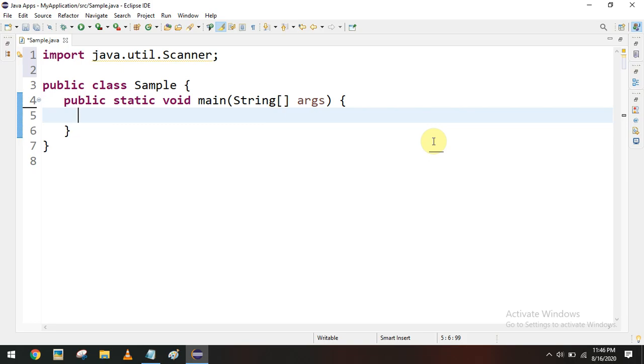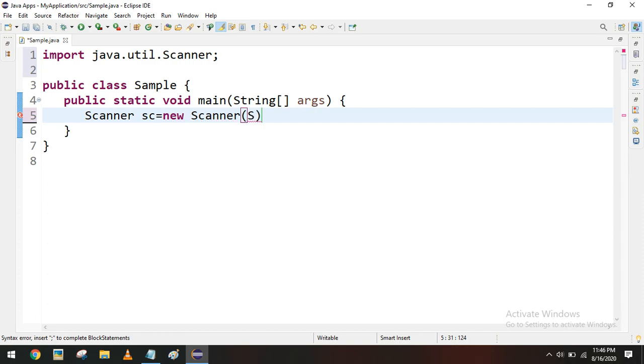So here, after importing the Scanner class, we have to create one object for this Scanner class. So for example, I create a variable called sc. sc is a variable, and I'm going to construct a Scanner class object using the new operator, Scanner. Inside, we have to scan from the keyboard.